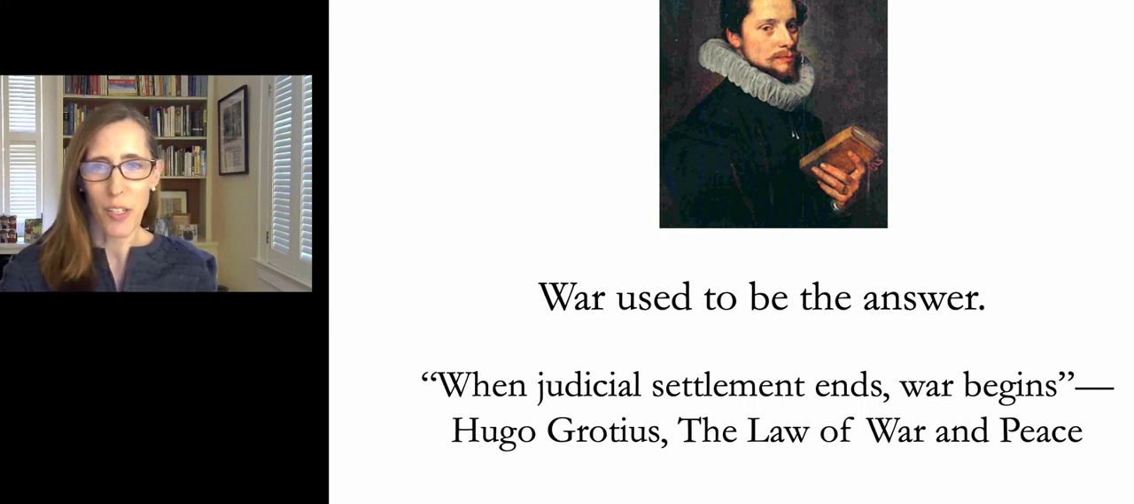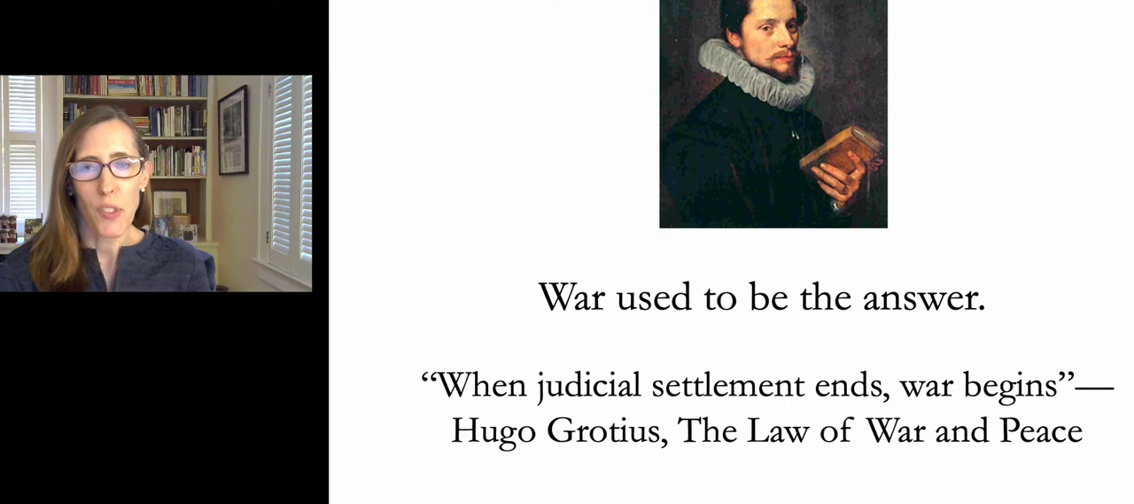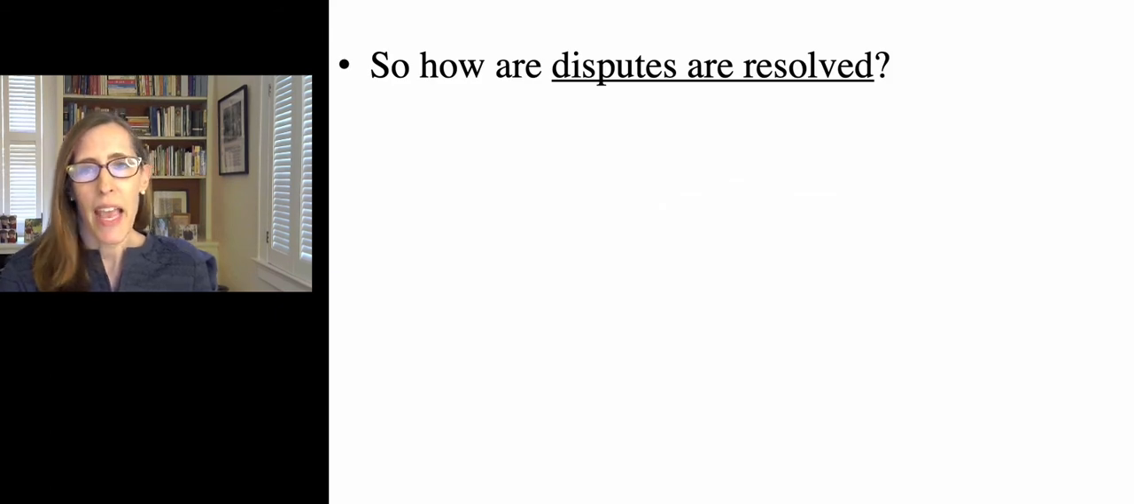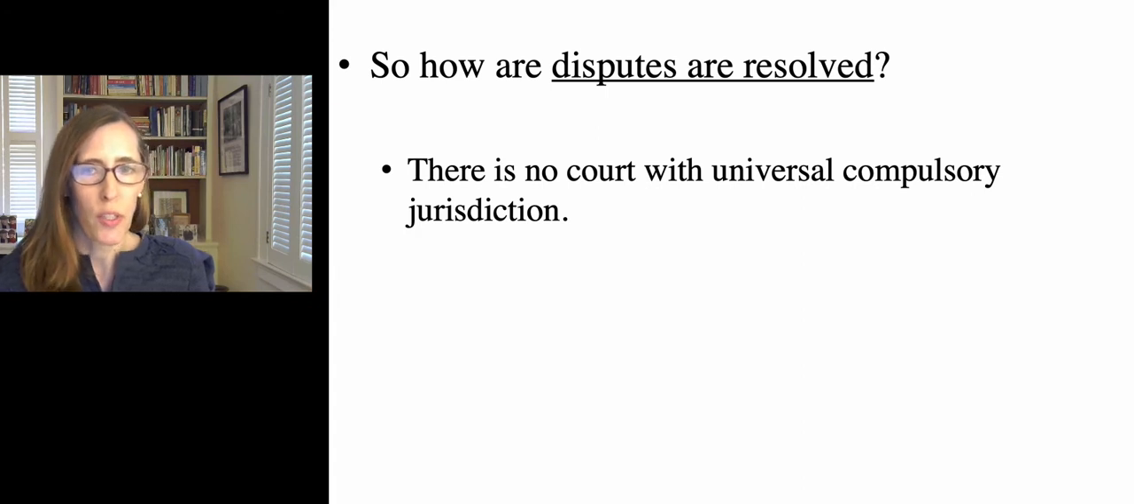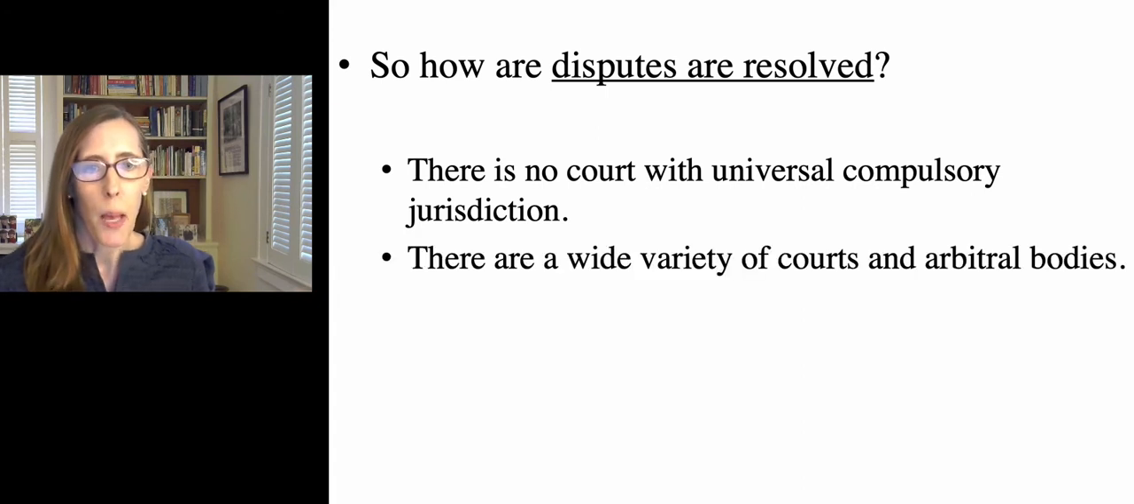States are not allowed to go to war against one another in the UN world. The UN Charter prohibits states from using war against one another on their own. So how do they resolve disputes in a world where war isn't the answer? And the answer to that question is that there is no court with universal compulsory jurisdiction,